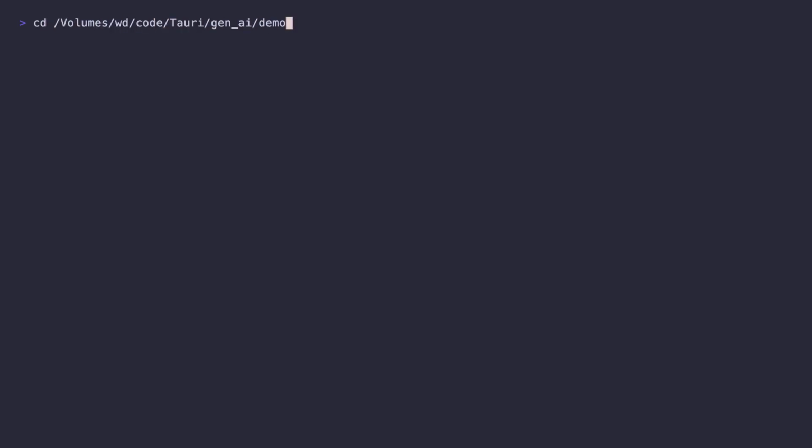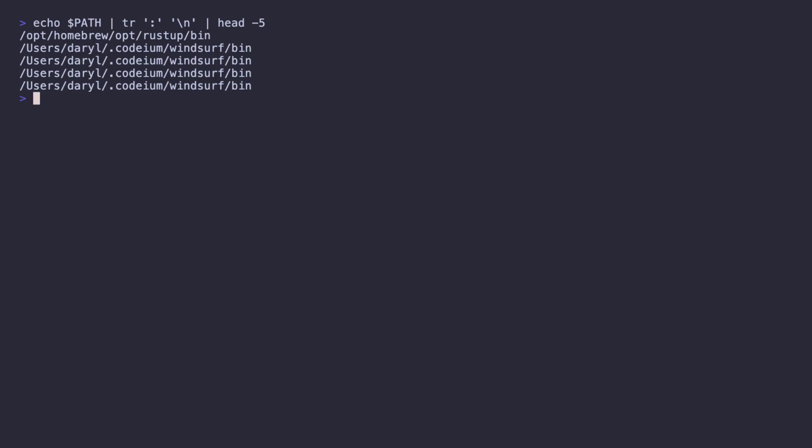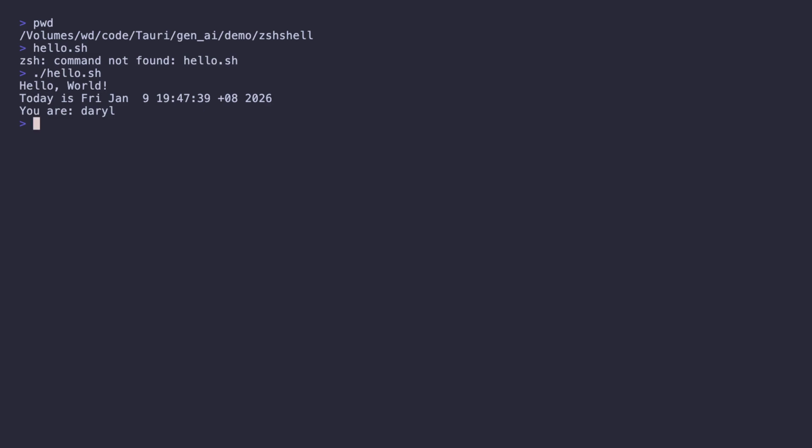Let's explore the PATH variable. Here are some directories in your PATH. The which command shows where a program is located. Without ./ the shell can't find our script. We can temporarily add our directory to PATH. Now the script runs without ./